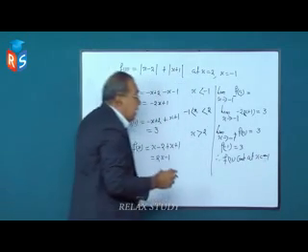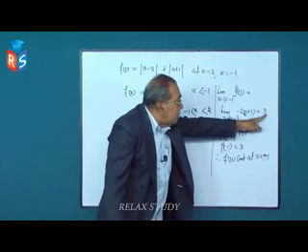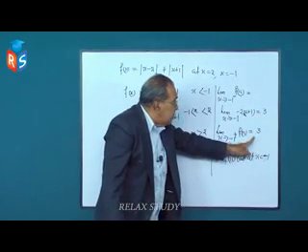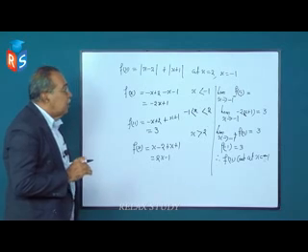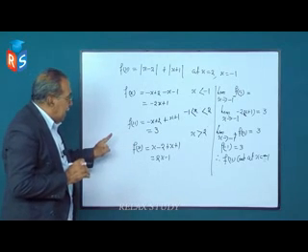Continuous at x = -1 because the left hand side limit is equal to the right hand side limit is equal to the value of the function at that point. All those values are equal to 3. Similarly,